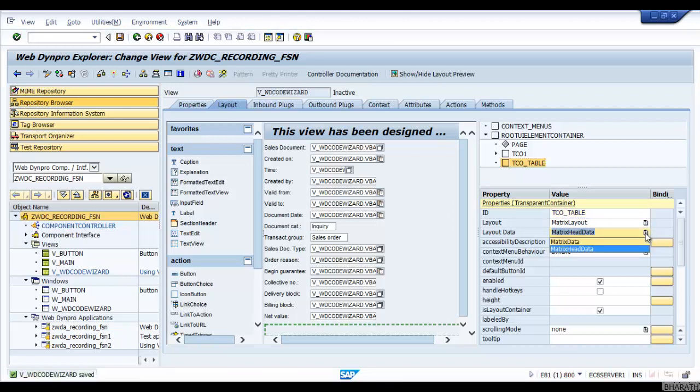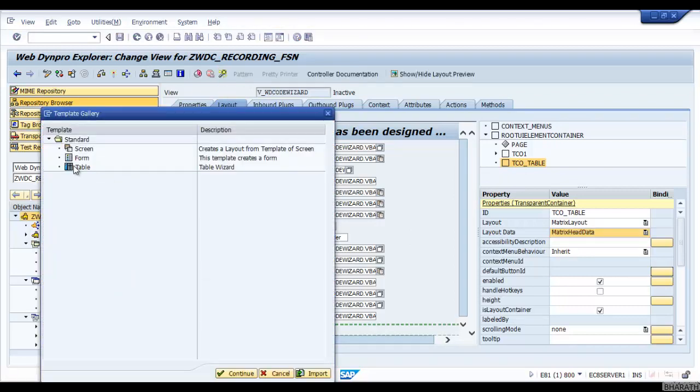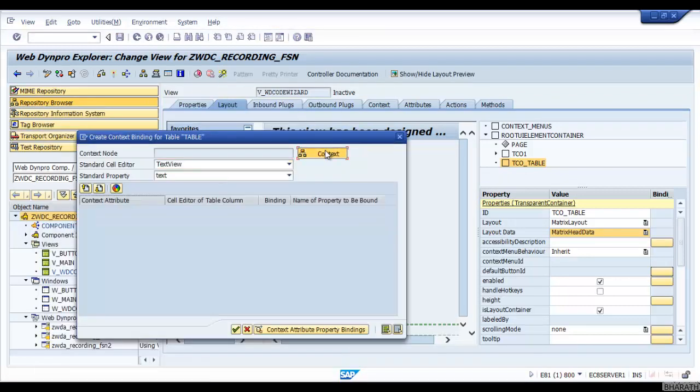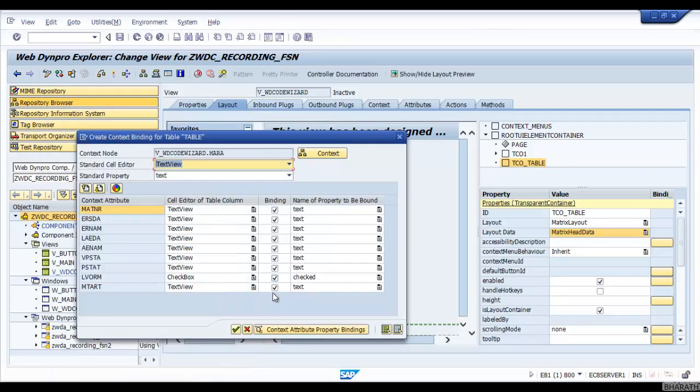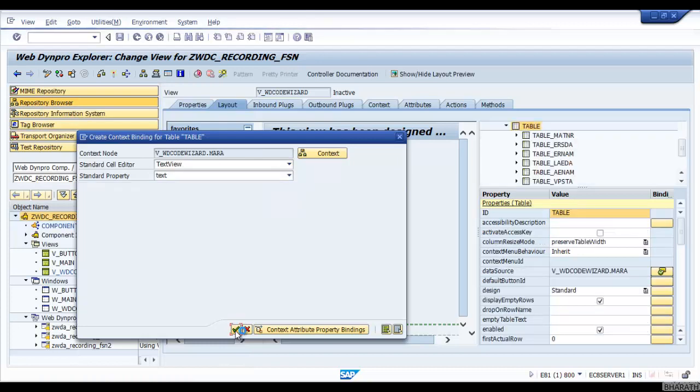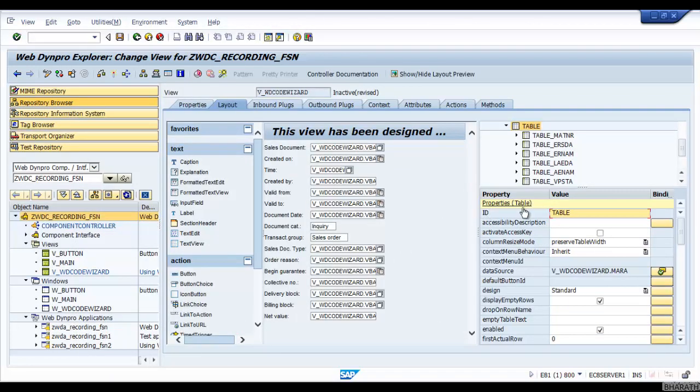Select it as matrix head data. Now click on the WebDynpro code wizard, select table, context, Mara, click OK, but it is still not displayed. Let us save and activate it. Check.